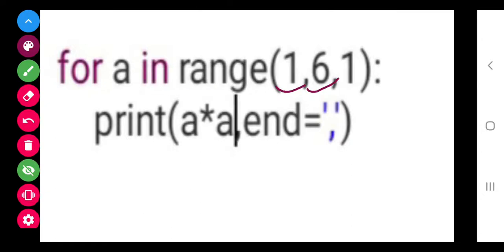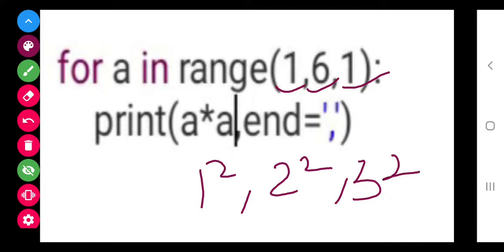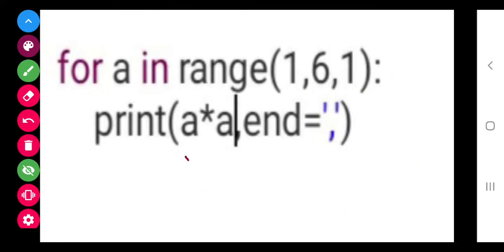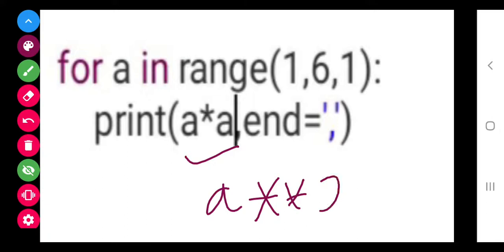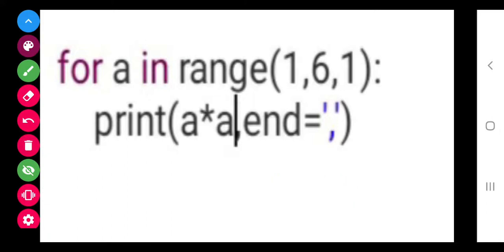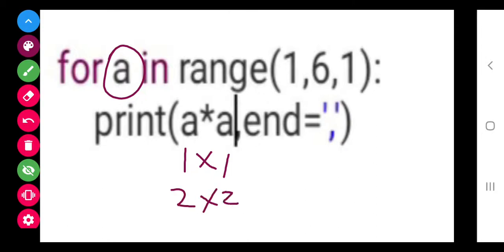So 1 to 6 we will write with a gap of 1, because 1's square, then 2's square, then 3's square. Now in Python you can write square like this, a into a, or we can write a star star 2 also. It will also give the square only. So first of all, the value of a will be 1, so 1 into 1 it will display, then 2 into 2, that is 4, it will display, and so on like this.